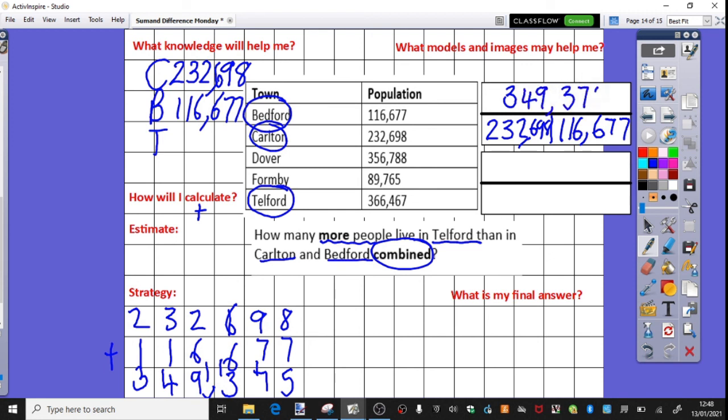Now when we're looking at how many more people, we're looking at the difference between the total of these two and Telford. So the total of Telford, as you can see here, is 366,467, and we are now trying to find the difference. So we've added to begin with for that first step to find the combined. What are we going to do to find the difference, to work out how many more live in Telford than Bedford and Carlton combined? So what we're actually going to do here is we're going to need to do subtraction,